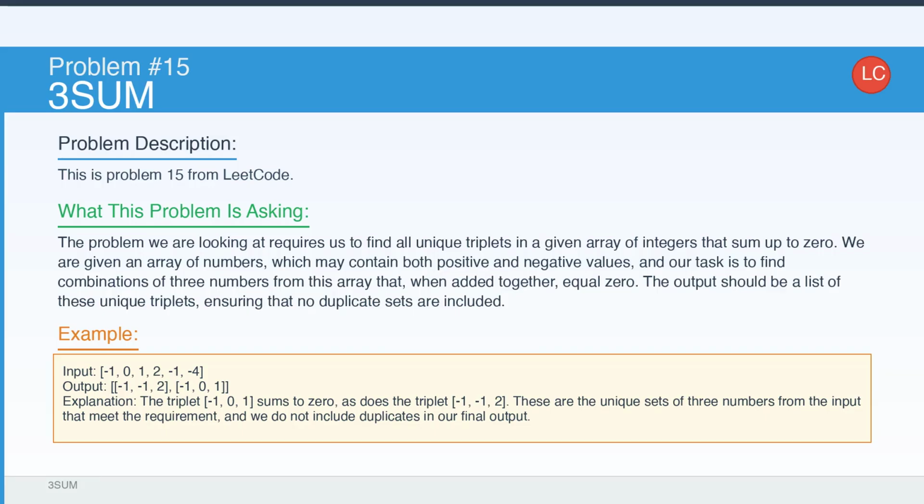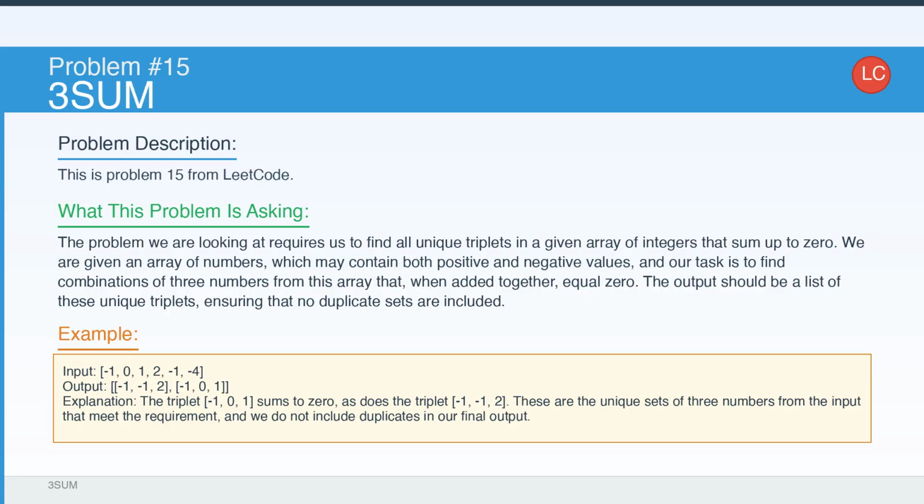Greetings, students, and welcome to today's exploration of an intriguing computational challenge, the three-sum problem, as presented in LeetCode Problem 15. Our task is to delve into the realm of integer arrays and uncover all unique triplets that sum to 0. Imagine an array filled with both positive and negative integers, such as the one provided: -1, 0, 1, 2, -1, -4. Here, our objective is to identify combinations of three distinct numbers that, when summed, yield the result of